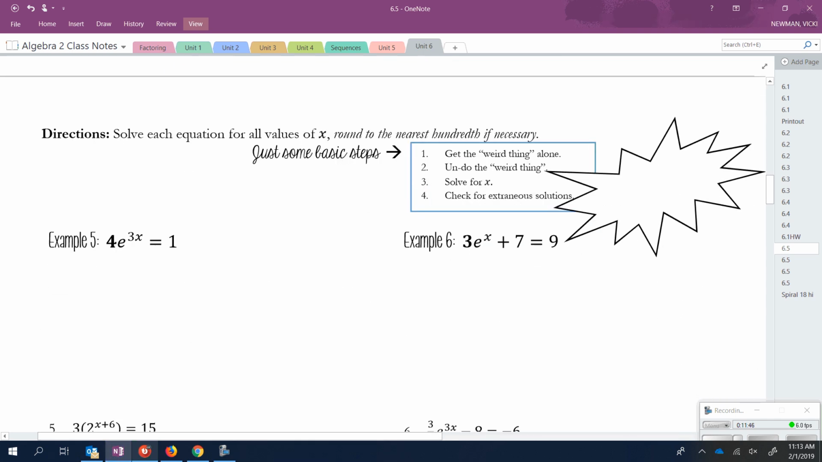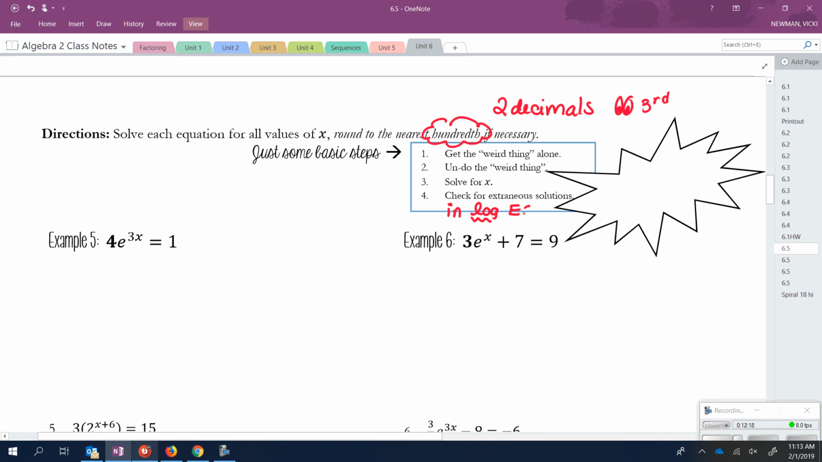These directions should look the same as normal. We're going to round to the nearest hundredth now if necessary, which is 2 decimals, which means we need to look at the third to stay or raise. Basic steps of solving an equation: get the weird thing alone, undo the weird thing, solve for x, check for extraneous solutions in log